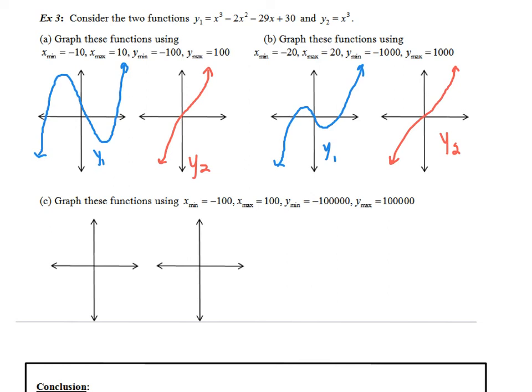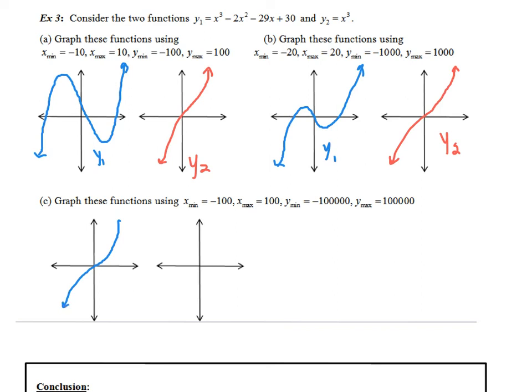In the last set of axes here, I again want to adjust my window. So this time my x min is going to go from negative 100 to an x max of 100. How about if we count by tens? My y min is going to go from negative 100,000 to positive 100,000. So when I zoom out on these two graphs, notice that the graph of y1 starts to look a